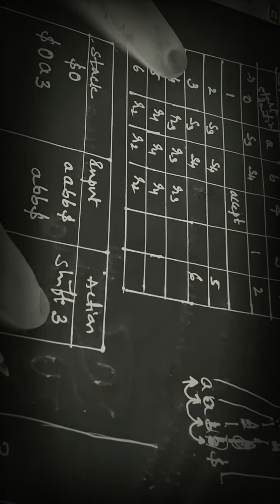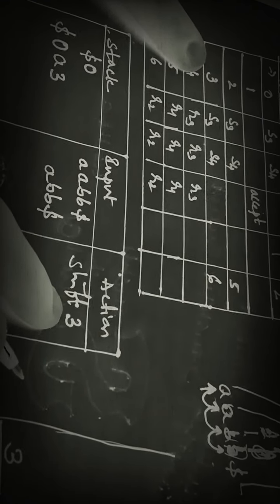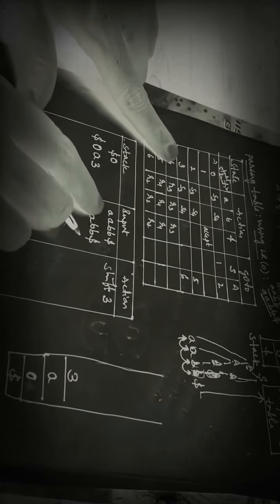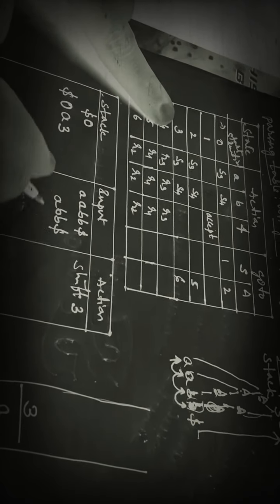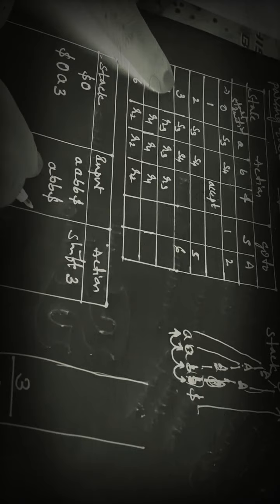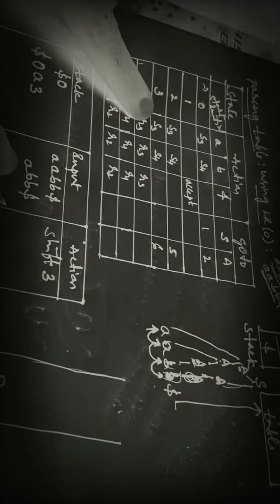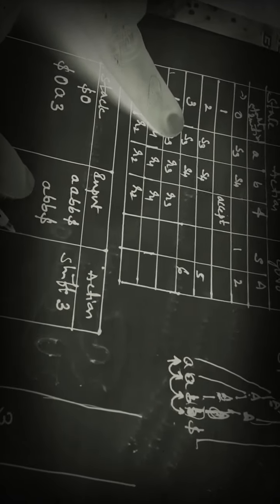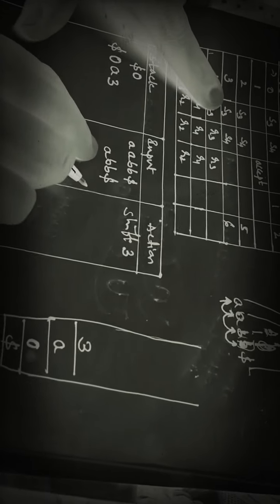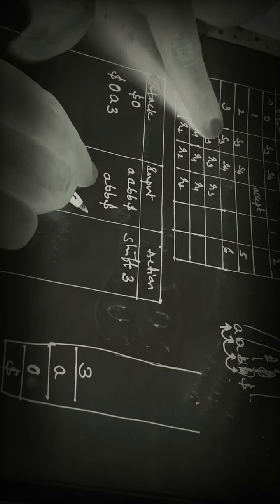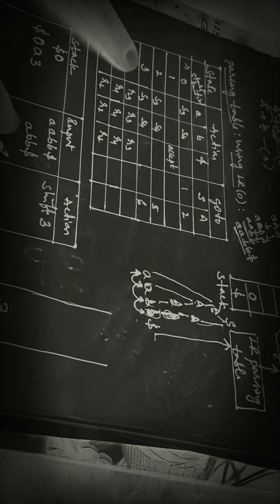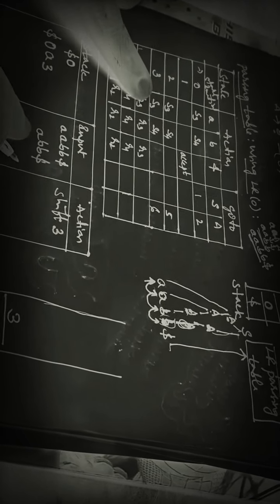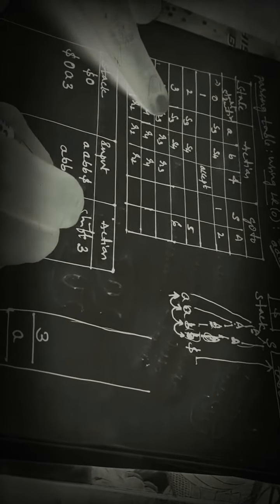So now the machine is in which state? Machine is in the state 3. So being in the state 3, it has to read the next input symbol. What is the next input symbol? Next input symbol is A. Okay, so 3 on input symbol A, again there is a self transition. Okay, if you want, you can check the transition diagram of this grammar that we have constructed already in the previous video. So 3 on A, it is having a self transition. Okay, once again it is saying that do the shift